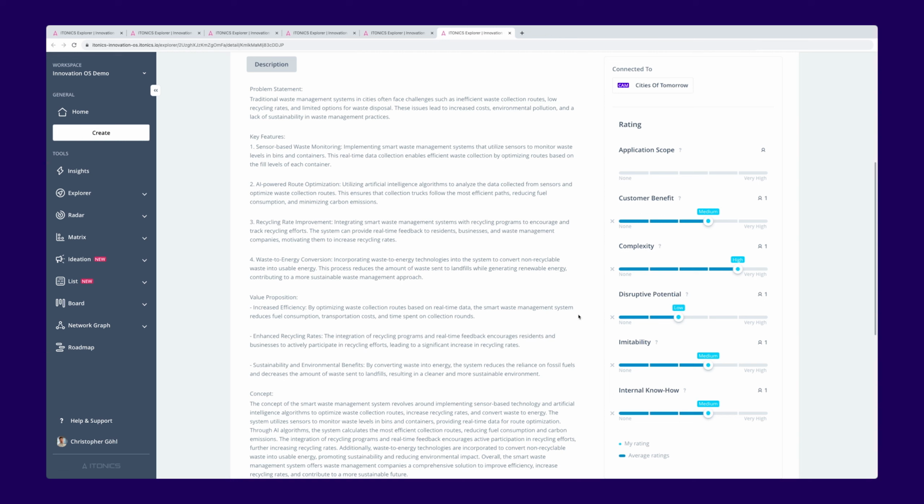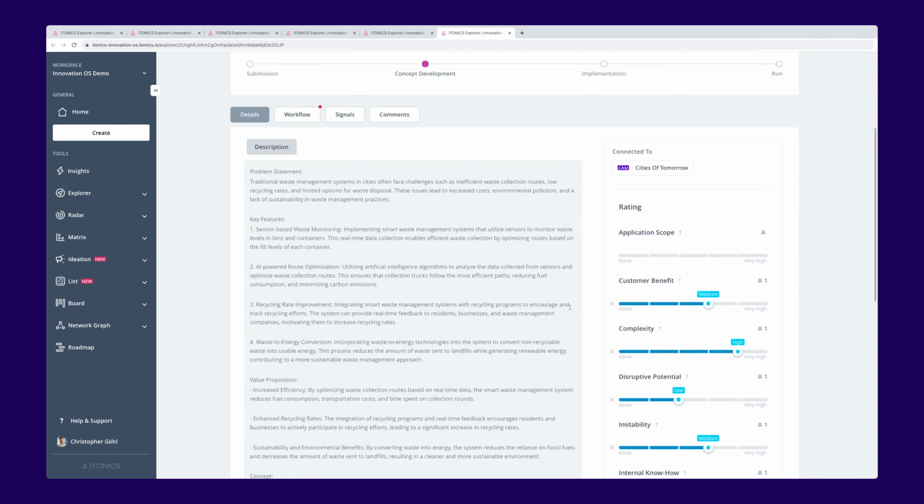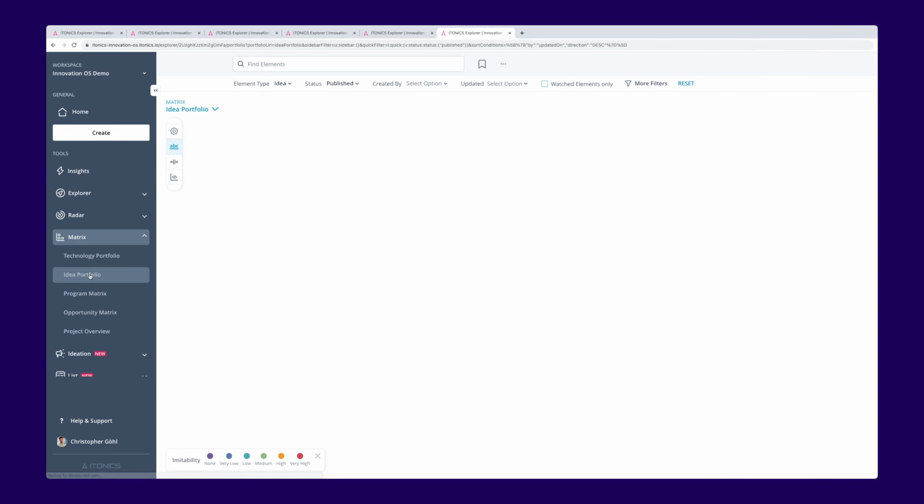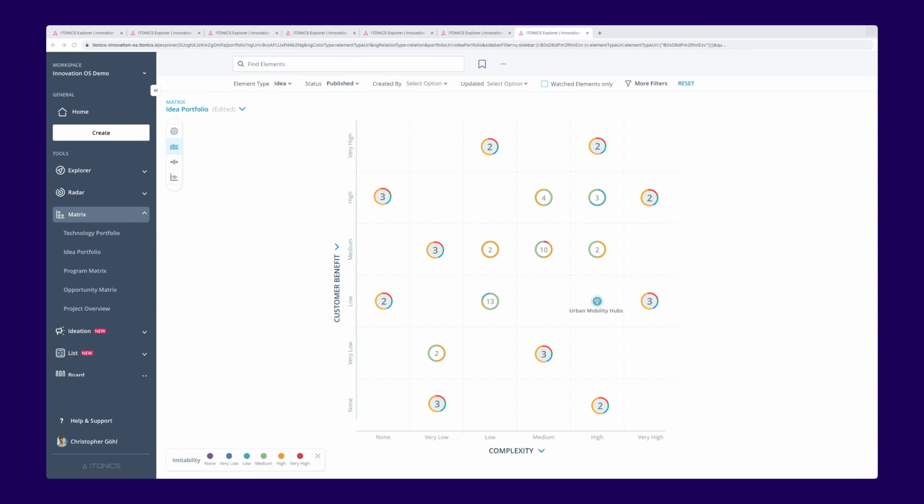Now, we've again taken a look at the individual level, so at an idea profile or a campaign profile. So let's look at all of the ideas that we currently have in the system. For this purpose, we can again make use of the matrix and go to our idea portfolio. So after getting an overview of all of my ideas on this portfolio view, on this matrix view, where I'm basically comparing them on the evaluations provided by the subject matter experts per campaign, what I might want to do is,